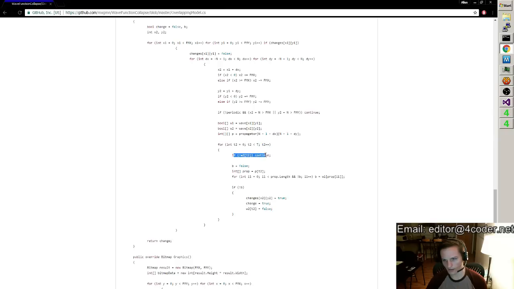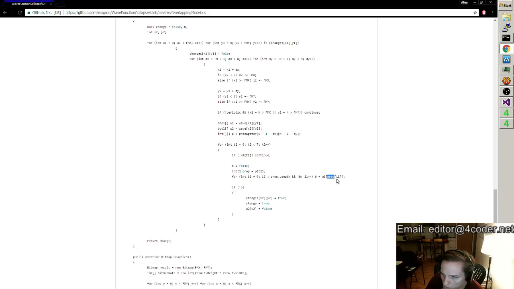We'll look at everything in wave 2 and see if it's still a possible sample. If it is a possible sample, we set b equals false. And then we look to see if any of them, if b equals